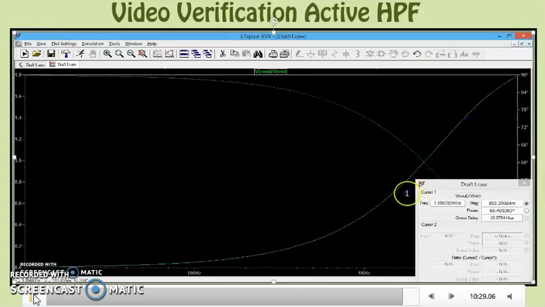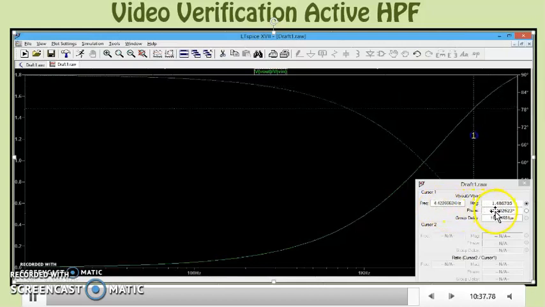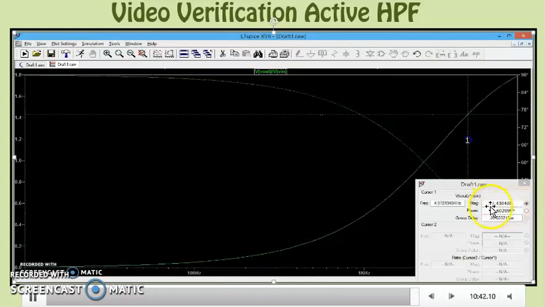Now you can see the values changing in the window here. This is frequency, this is magnitude. Now this value is the magnitude of gain.